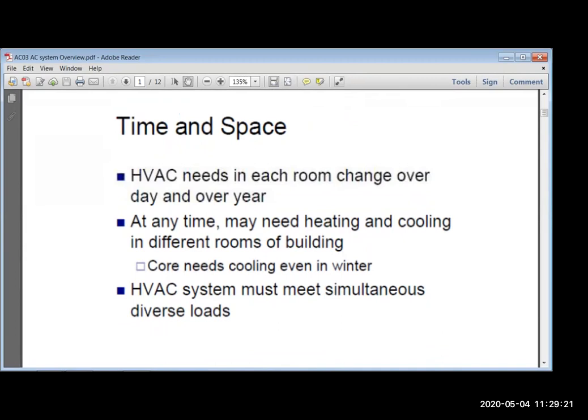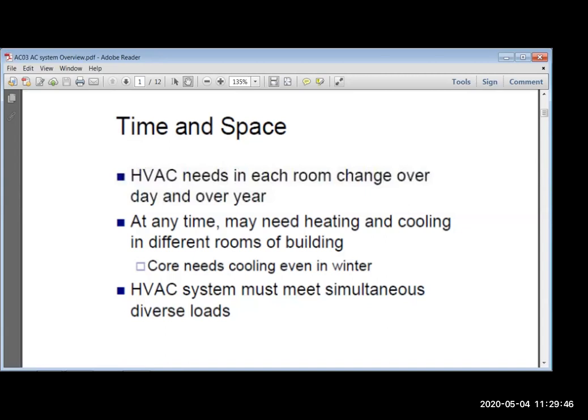You see, if I go to my office early in the morning and open the room, and it is winter time, I may need heating. And I may need heating till I sit there from 9 a.m. up to 4 p.m. So this is the purpose of time and space. Which space is occupied during what time? During that time it should be heated and cooled.